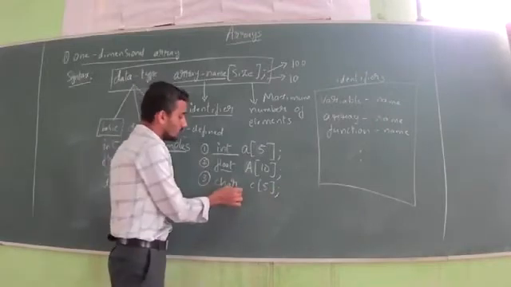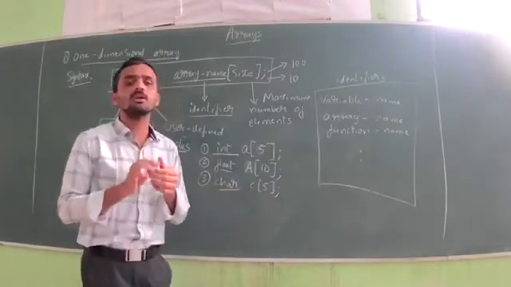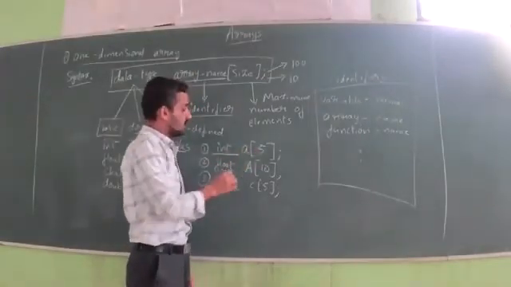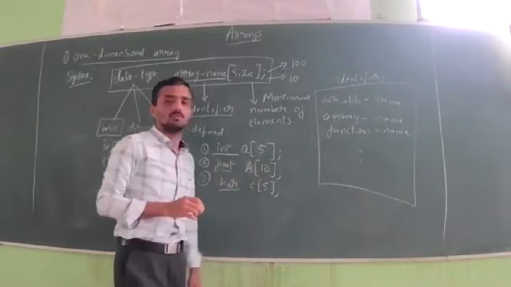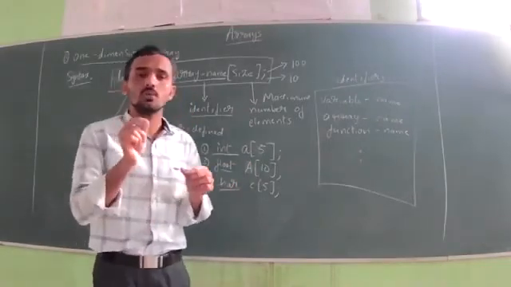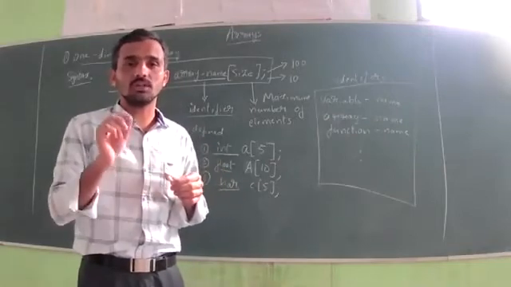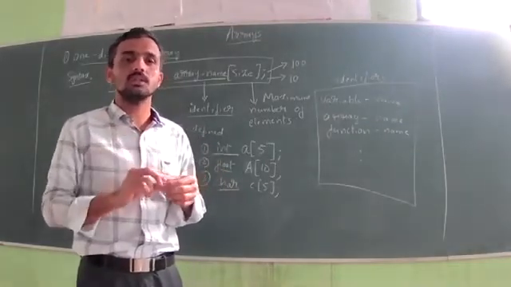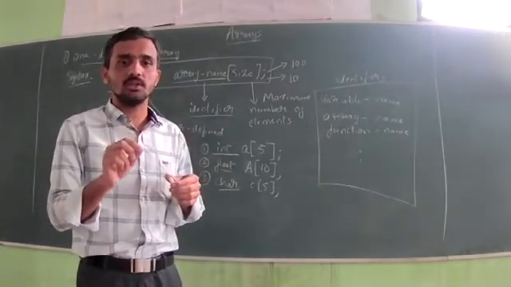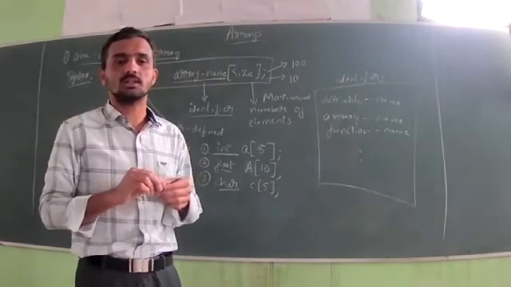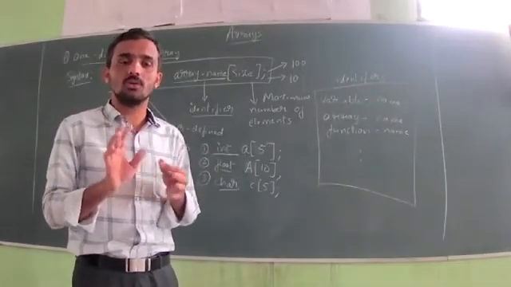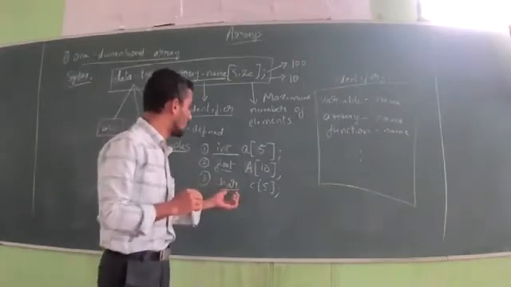When it comes to character, it is a little bit different concept, because in case of integers you have to store only integer numbers. In case of floating, you have to store only floating point numbers. But in case of character, you can store anything, because even digit 1, if you put it in single quotes, is also considered as a character. And the dot symbol, which is actually a decimal point, if you put it in single quotes, is considered as a character. So character means all the categories will come: digits, capital letters, small letters, and all the symbols. So a little bit different concept.